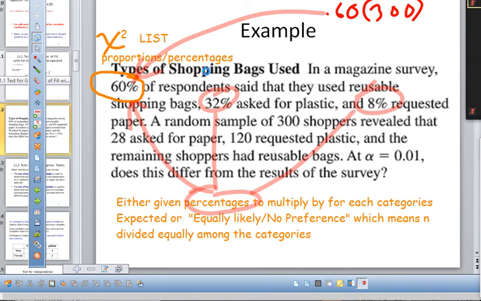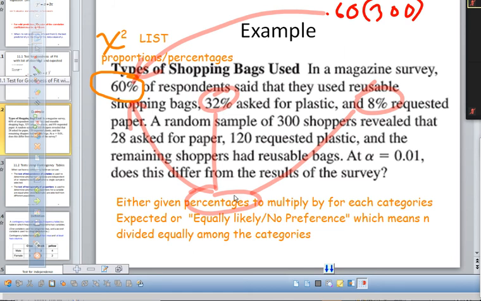Note that it's either going to be proportions or percentages. See how this is a percentage that I'm giving you? Anytime you have a percentage, that's got to be one of the chi-squareds. In fact, it will always be the chi-squared list, because the other one, you don't even compute; you only compute the first and last expected, and you compute them off of the matrix. So if it gives you a percentage, it's got to be a chi-squared list. At any rate, it won't always be a percentage though, because either you're going to be given percentages, and